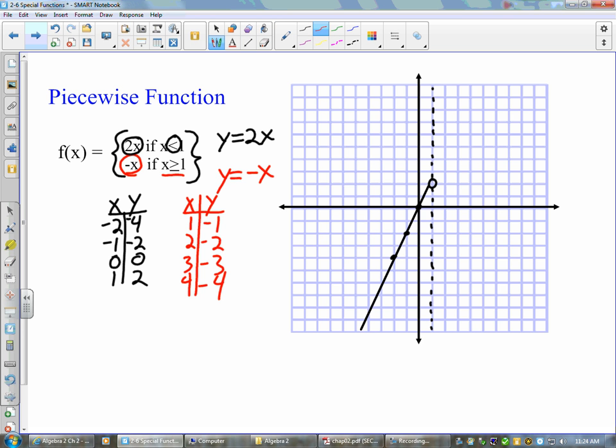Then, from that point, from 1, I'm going to switch gears. And I'm going to say, okay, switch to y equals negative x. So at 1, when x is 1, y will be negative 1. That's right here. And that is greater than or equal to, so that will make a solid dot, so we know when x is 1 which to include. Negative 2, when it's 2, it's negative 2. When it's 3, it's negative 3. And it can be absolutely any